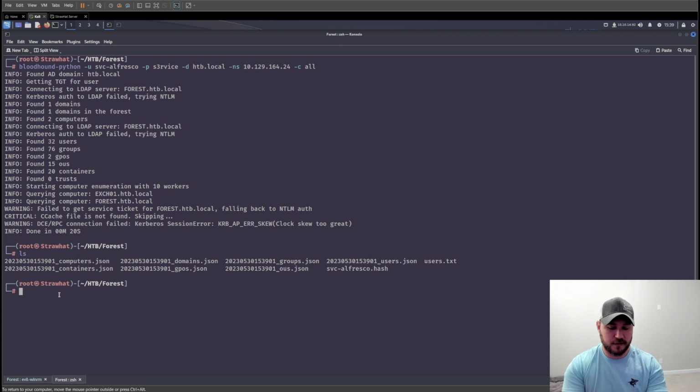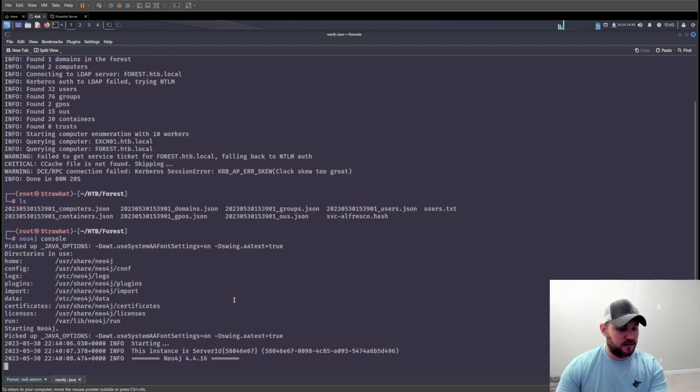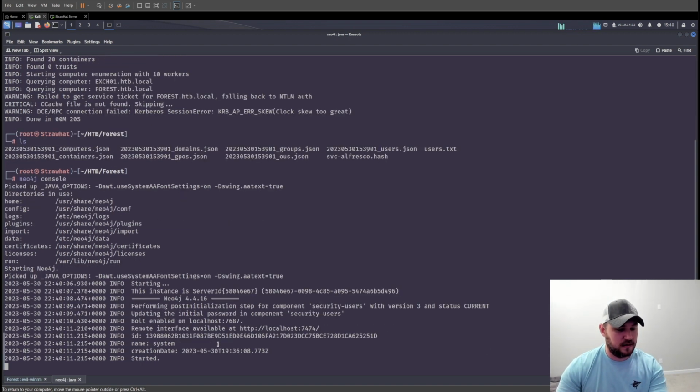So there are 2 things to Bloodhound. I'm not going to get into how to install or use Bloodhound too much right now, but we can make another video on that. The 2 things that we do need though are Neo4j. So if you do neo4j console, it's going to start up an instance on this machine. So localhost 7687, and if we go here